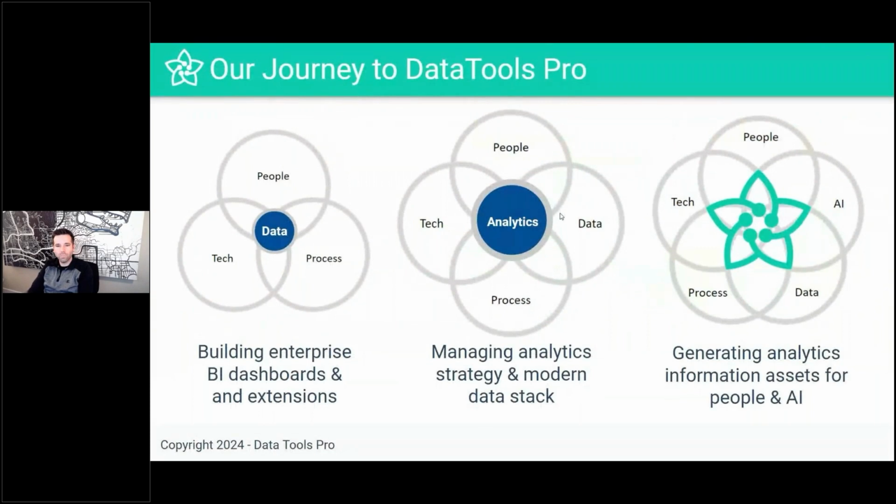So rather than putting my glamour shot on the screen and rattling off some bullets of who I am and where I've been, I like to try to tell the story of where we've landed and where we're pushing off as DataTools as it relates to the journey that I've been on and potentially some of you have been on in the world of data sense making.